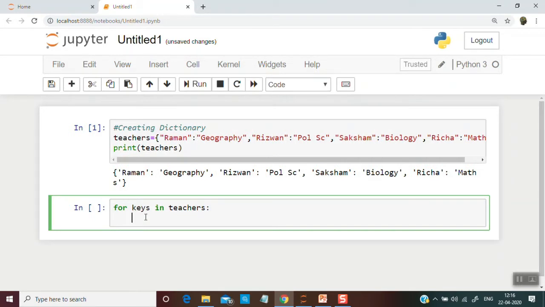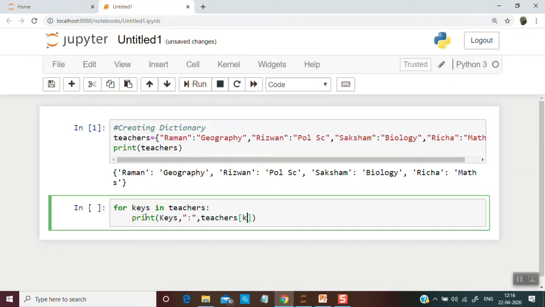Now I want to print Raman. So Raman is the value which is taken up in keys, and the value of Raman will be in teachers keys. So for this we will just write print keys comma colon and then again the name of the dictionary